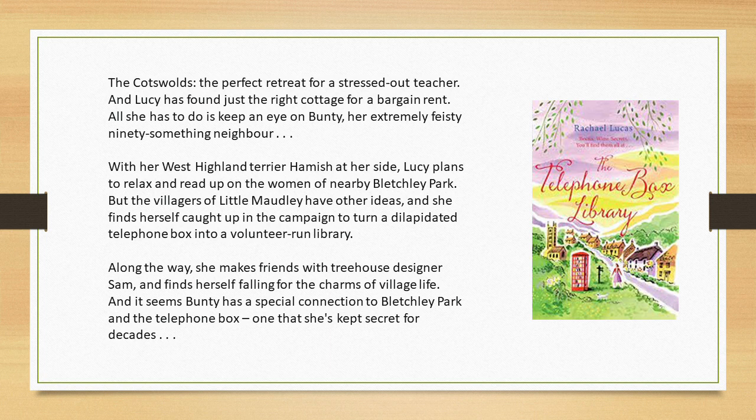found just the right cottage for a bargain rent. All she has to do is keep an eye on Bunty, her extremely feisty 90-something neighbour. With her West Highland Terrier Hamish on her side, Lucy plans to relax and read up on the women of nearby Bletchley Park. But the villagers of Little Maudley have other ideas, and she finds herself caught up in the